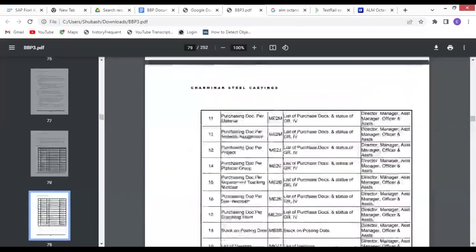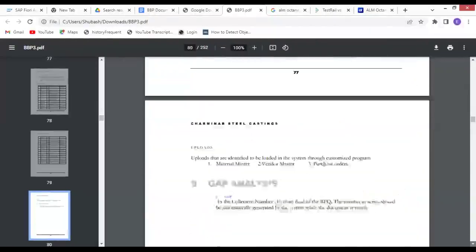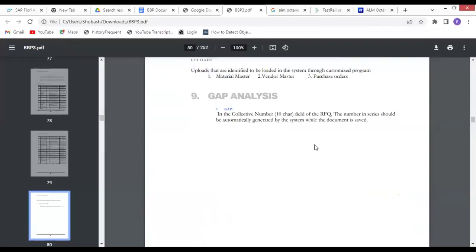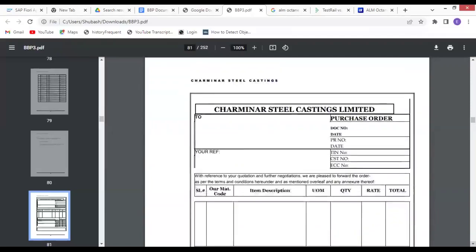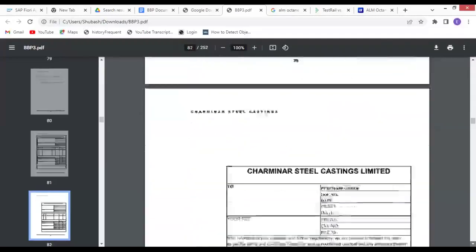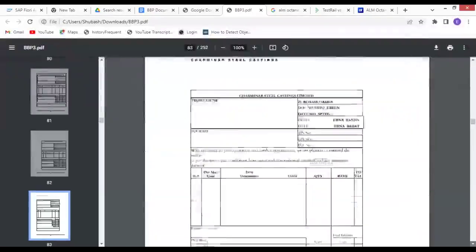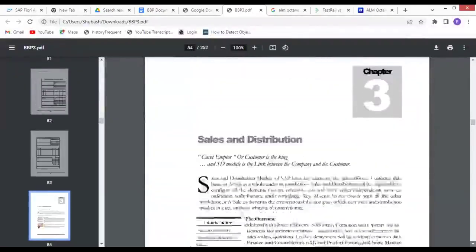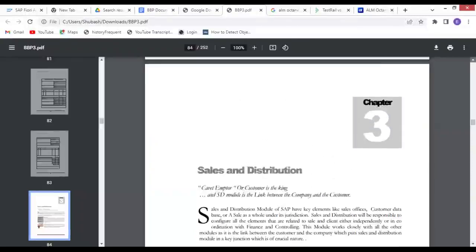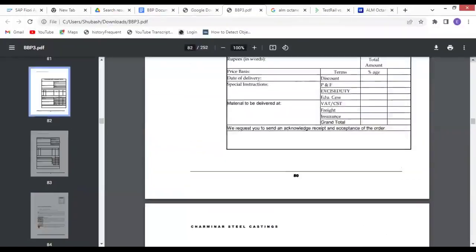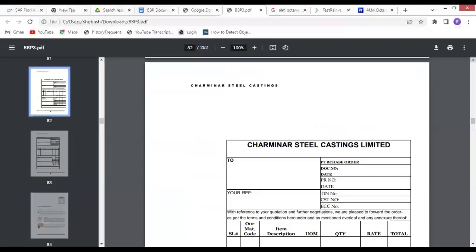Okay. Any questions regarding this document? And you're also going to maintain the gap analysis. So what are the gaps you have analyzed when you're gathering the requirement? So if the business needs a PO form like this, then they need to provide the document. Okay. And that's all. Any question? If you want me to move to any other page, let me know. I'll go to the other page.